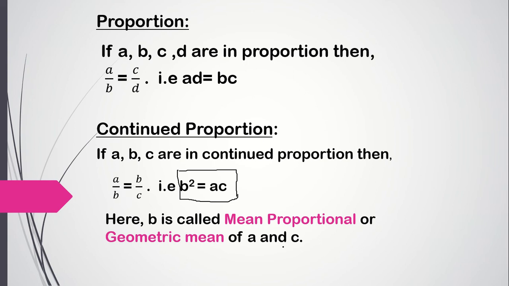Now there are many sums wherein they ask you to find if A, B, C are in continued proportion. Whenever they ask you to find whether it is a continued proportion or not, your last step should be this: if you can conclude that B square is equal to AC, that means you can write A upon B is equal to B upon C, and that means the numbers A, B, C are in continued proportion. Whenever we are asked to show whether it is a geometric proportion or mean proportional or in continued proportion, all three things, you just have to prove B square is equal to AC. That's it. So let's proceed with the practice set.